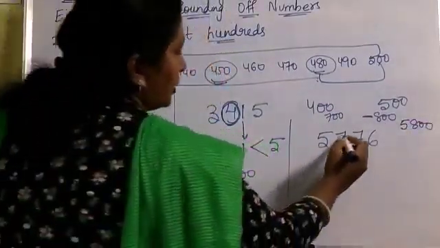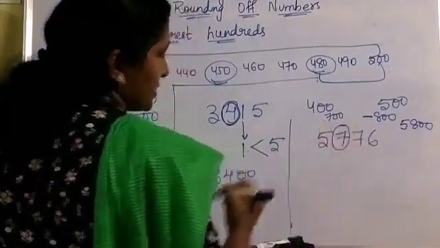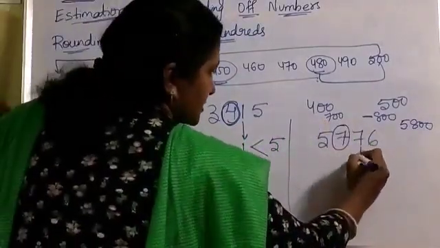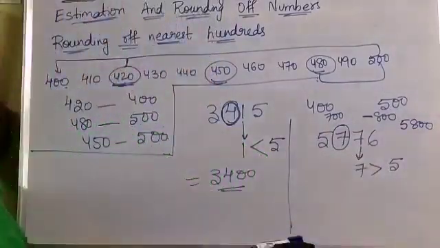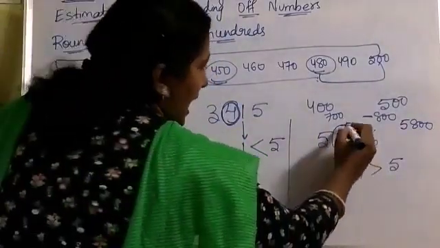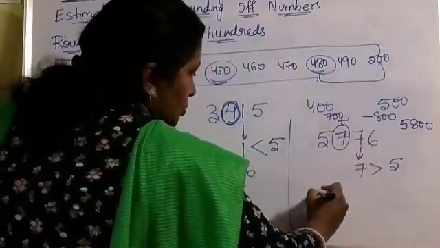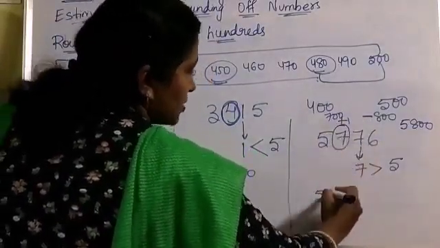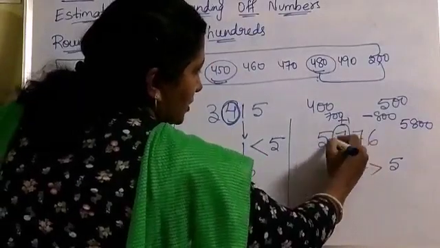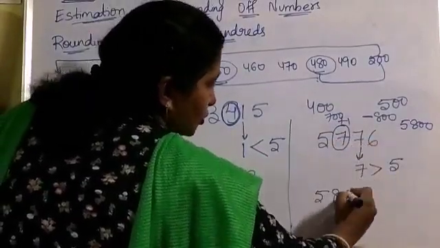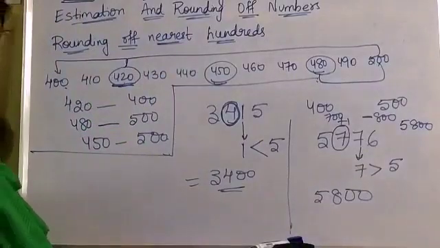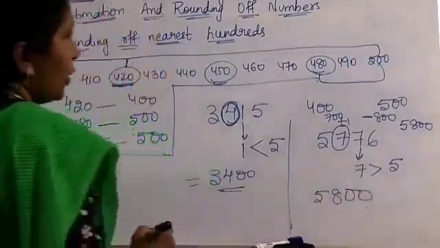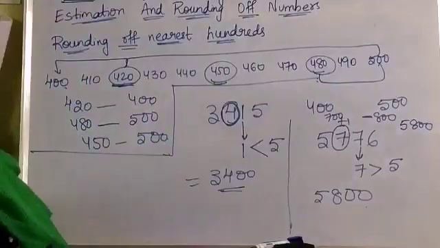Okay. Now nearest to hundreds means I am rounding off 7 here. Take the next number, 7. You compare with 5. Here 7 is greater than 5. Then add 1 to this round off number. So 7 plus 1 is how much? 8. And after this rounding off, how many digits are there? 2 digits, so keep 2 zeros. So 5800 is the answer. Now we are going to do exercise 1.2 sums.